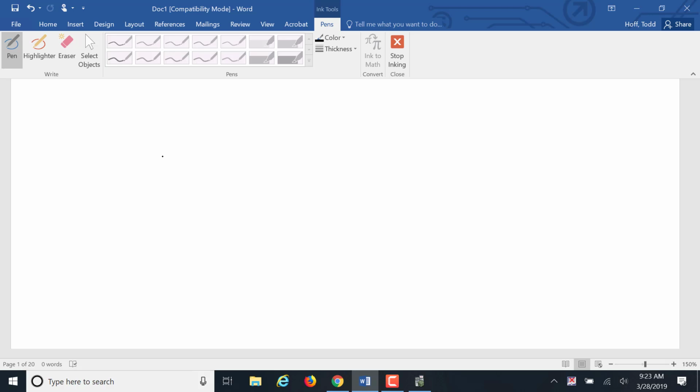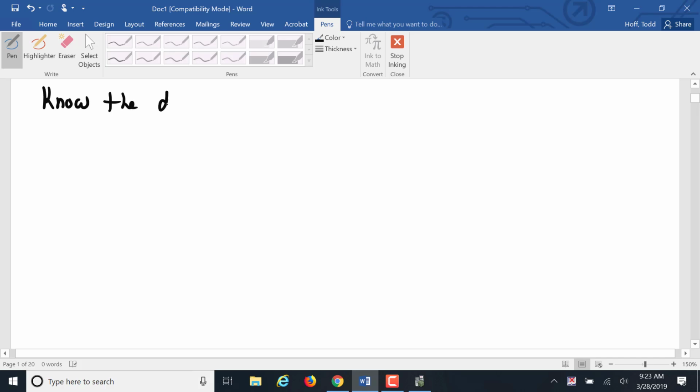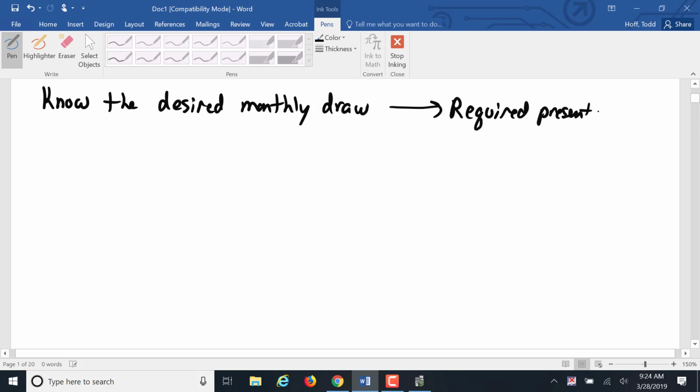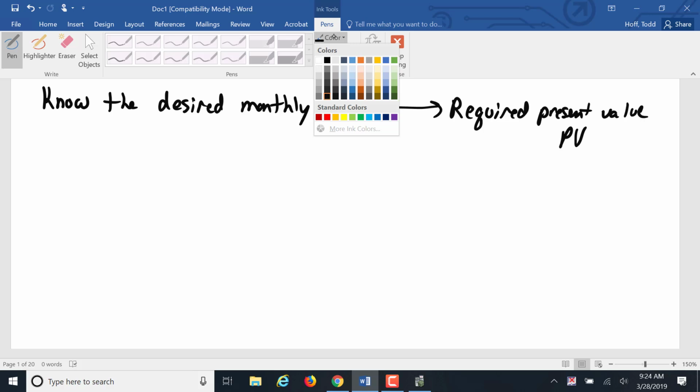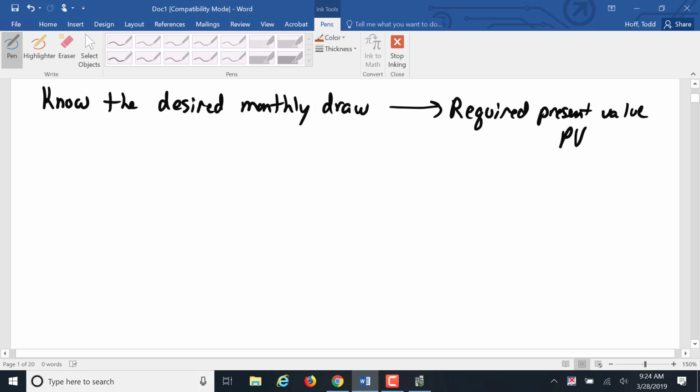So we're going to start out looking at if we know the desired monthly draw. We're going to find that required present value. And of course, present value is going to be abbreviated PV. So the PV that is required, present value that is required,